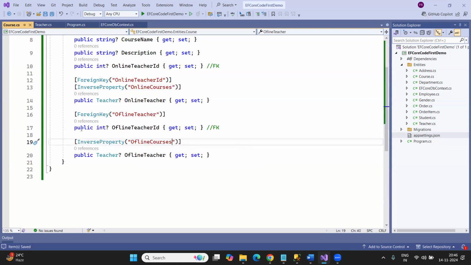So now what exactly are we telling? We are telling that this online teacher is going to be related with online courses. So now the Entity Framework knows, yes, this is online teacher and this is online courses. Now I have to establish the relationship. Now this is offline teacher and this is offline courses. Now I have an idea how to establish the relationship and how to create the foreign key. So with these changes,